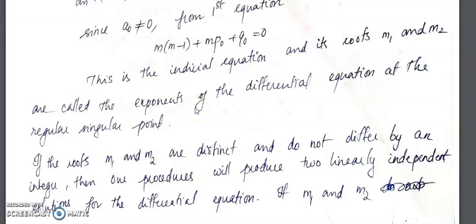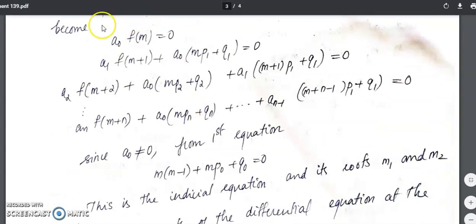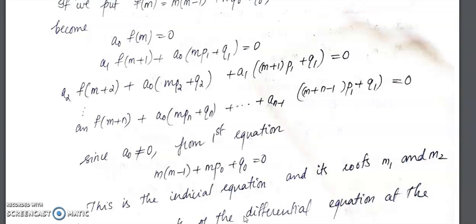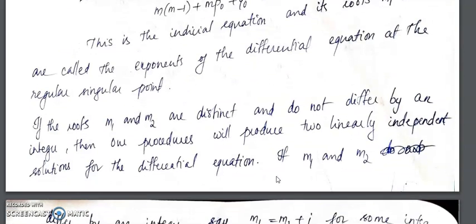So for a second order equation with x equal to 0 as a singular point, we look for a Frobenius series solution. These are the recurrence relations you get. When you solve the recurrence relation, the first thing is you need to determine the value of m. So m is obtained by solving this equation. Once we get m, what we need to do next is find the values of a naught, a1, a2, etc. Now if m1 and m2 are distinct and do not differ by an integer, in that case